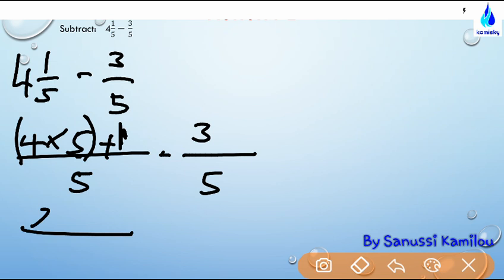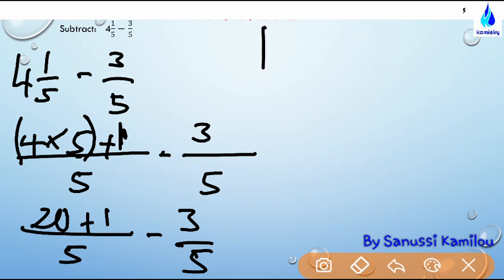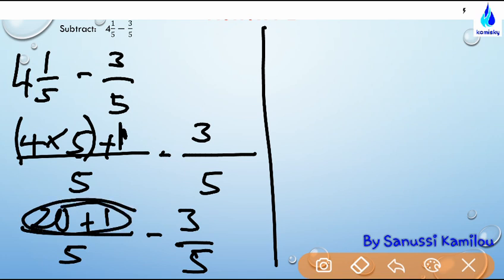Wow, 20. Very good. Plus 1 over 5 minus 3 over 5. We are going to continue over here. From there, we have to calculate what is at the top here. 20 plus 1 is giving me